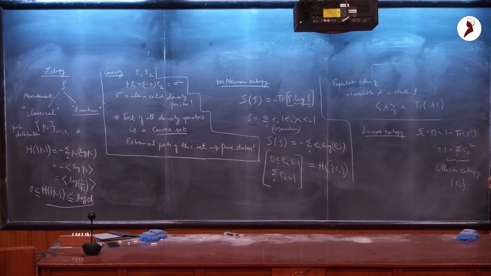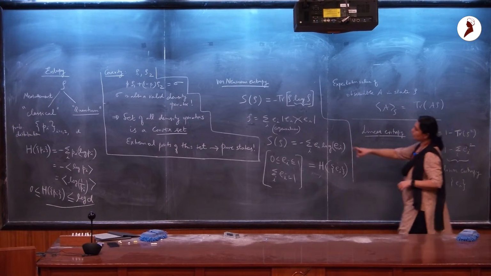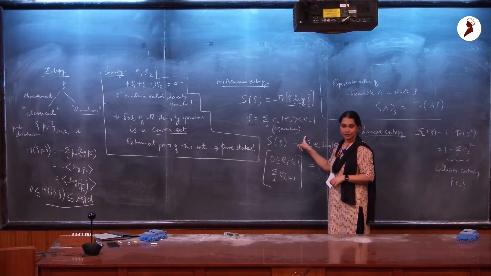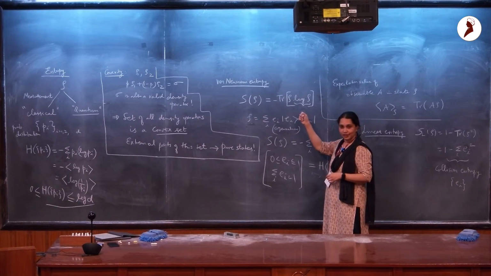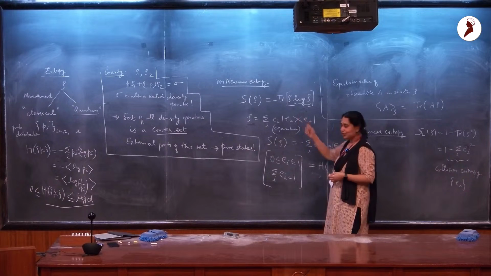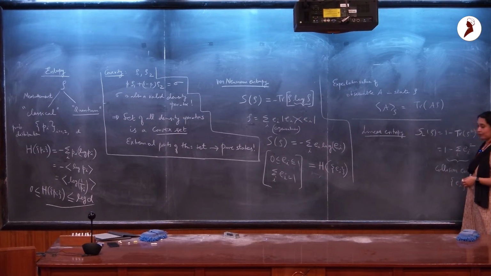I should thank Professor Jayakumar for pointing that out. But I just want to point out that this is not very unrelated to that notion of entropy. Each of them captures different things operationally, right? And the linear entropy is also nice because I can easily compute trace of rho squared, whereas if I want to compute this, as someone said, you first have to diagonalize this density matrix. And when I have a large many-body system, I may not be able to do this. It's computationally inefficient, but this is something that I have a very nice computational handle on and much easier to compute, okay?